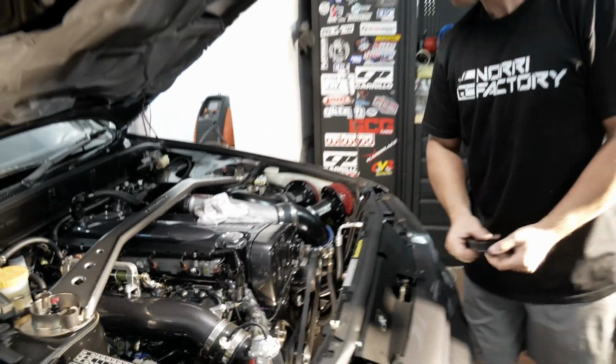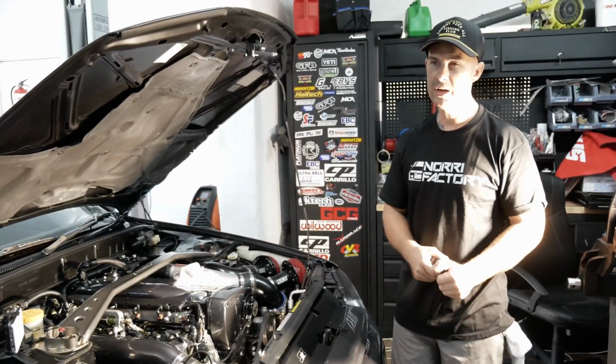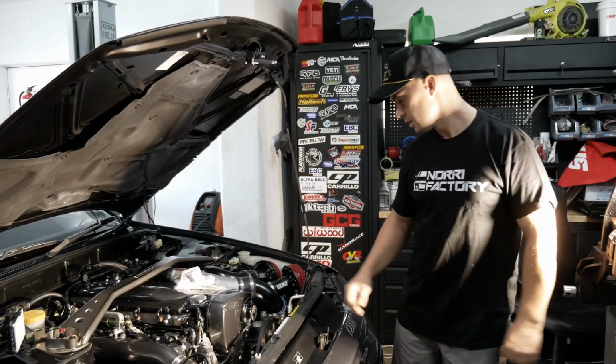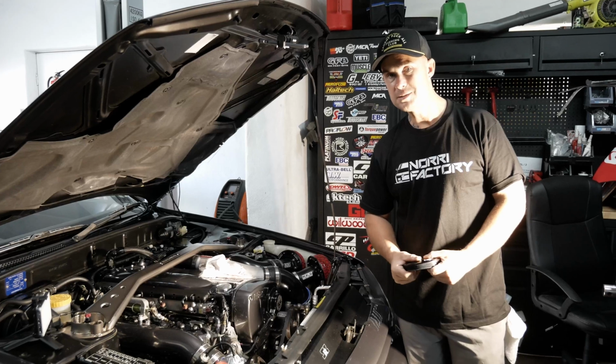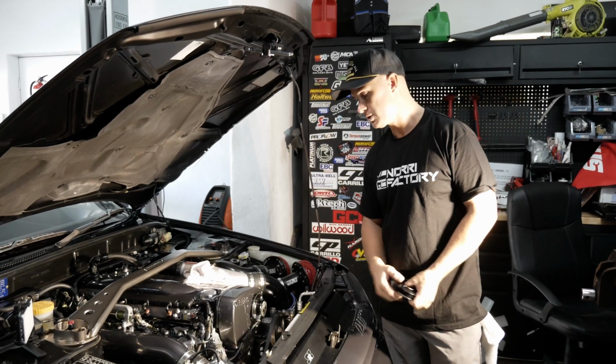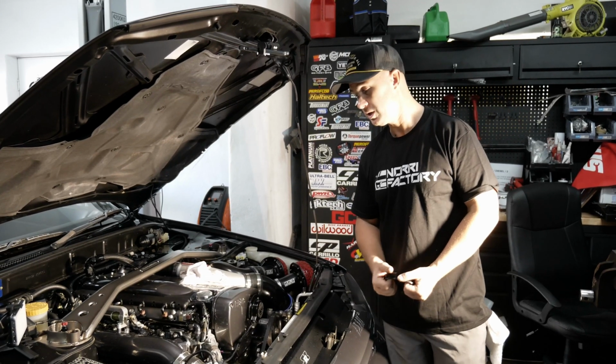I'll replace them with Pitworks belts, which is like OEM Nissan. It's the parts they use. It's called Pitworks. So I've got them and I've also got some Gates belts. So Gates belts are really good. So we'll just decide which ones are the best ones to use, but it will be awesome to get rid